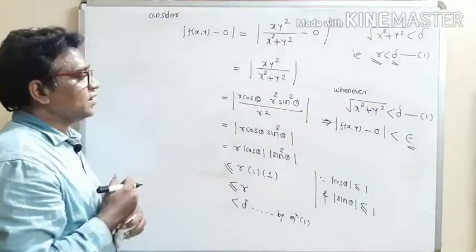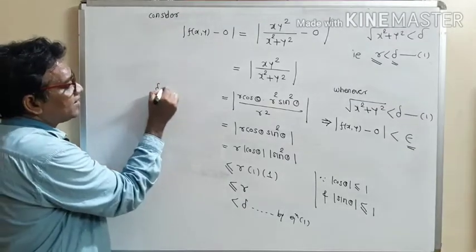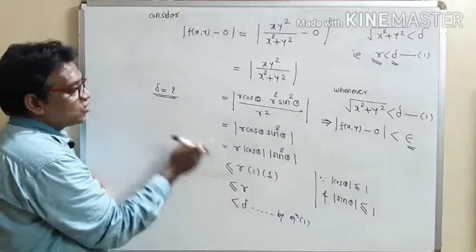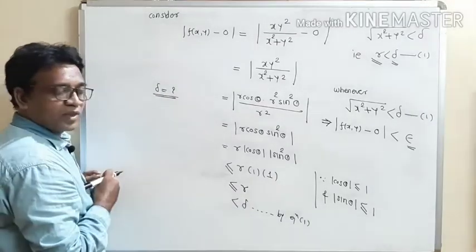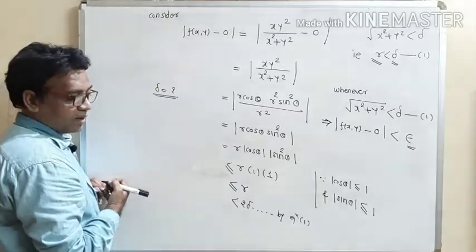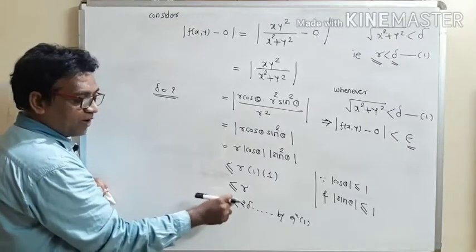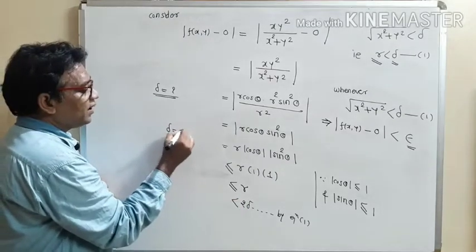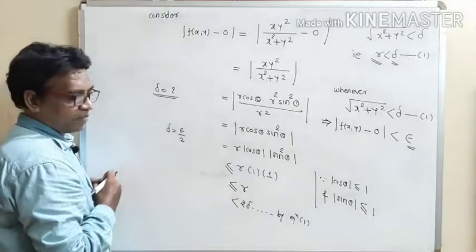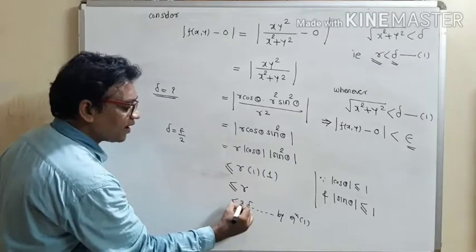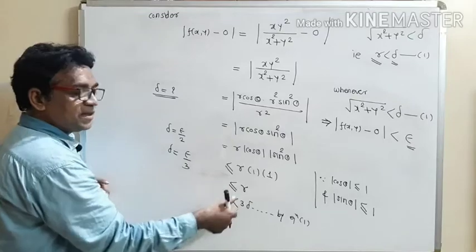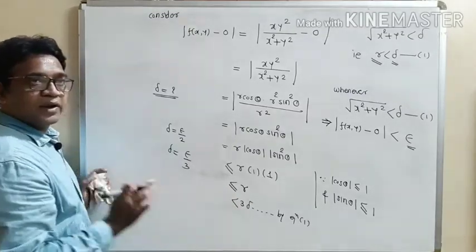Now see what is the last step. Select the values of delta in such a manner that we get epsilon. Suppose this is our term 2 delta, then what value do we have to take for delta? We have to take delta equal to epsilon by 2. The 2 gets cancelled, so automatically we get epsilon. If this is suppose 3 delta, then delta will be epsilon by 3. The 3 gets cancelled, so automatically we get epsilon.